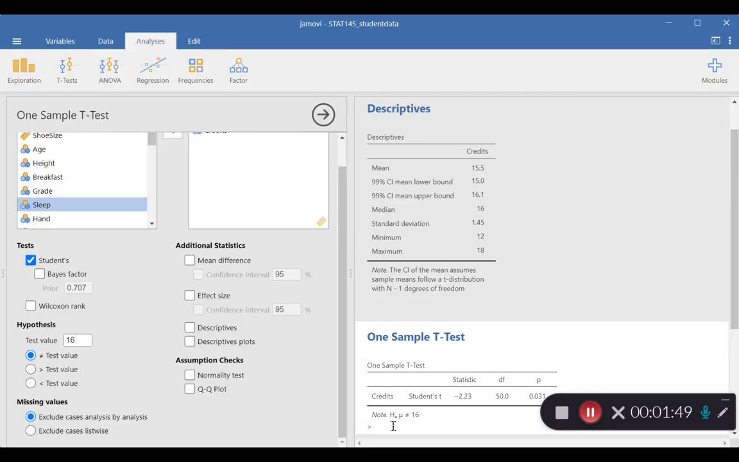The nice thing is it does note for you underneath the table what your alternative is. So you can see it is an alternative of mu not equal to 16. The test statistic we got is negative 2.23. Degrees of freedom of n minus 1 is 51 minus 1, giving us 50, and that produces a p-value of